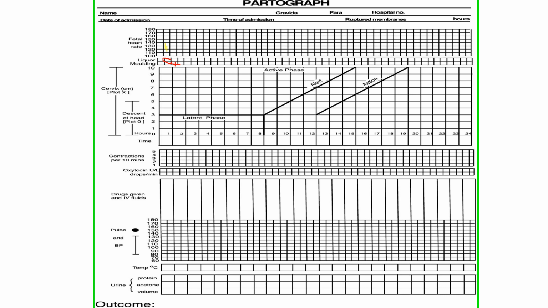Okay, the next one is assume that at 9 o'clock the person came to the hospital. So I have to write 9 over here, and that was the first hour. The patient got contraction same time she came to the hospital, so that is the first hour. So 1 is here. And at 9 a.m. I have checked the descent, I have done a vaginal examination and I got the descent as 0. The station was 0. So you have to put a small circle over here.